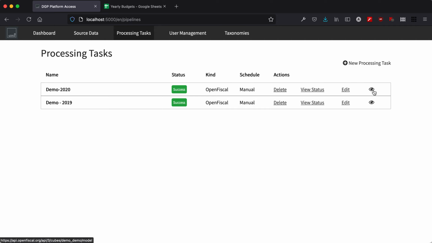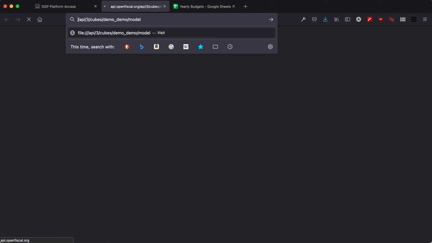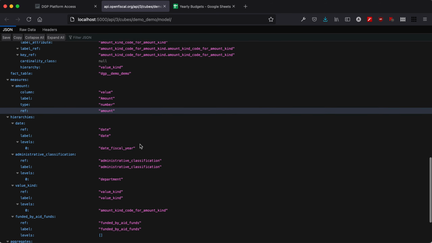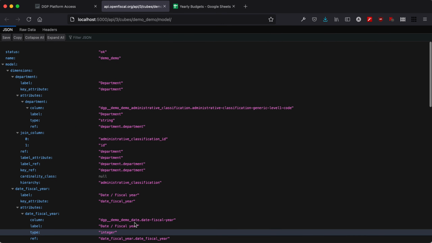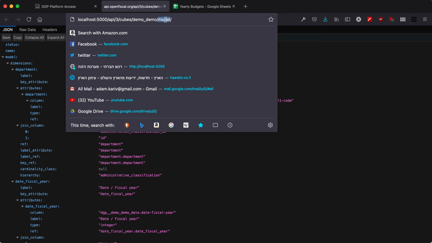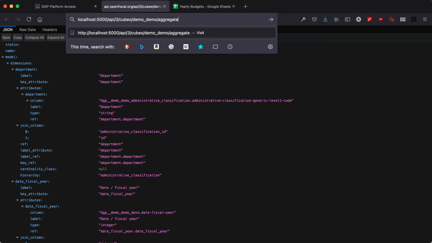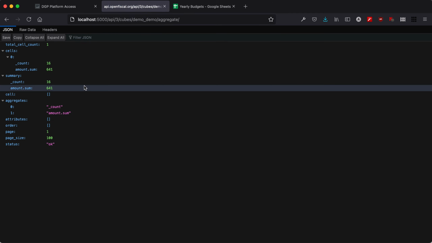If we go to the processing task, we now see we got an eye icon, which basically connects us to the API. So here we're going to go to the API. And we get the Babbage API. We have the entire description of the API here, and we can even do an aggregate query, right,